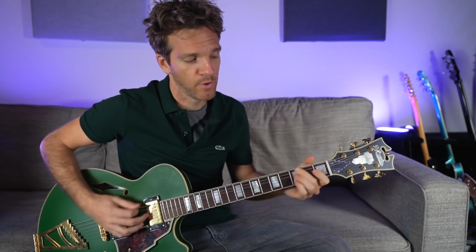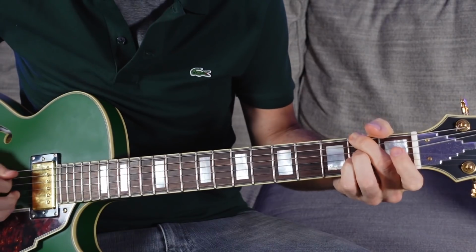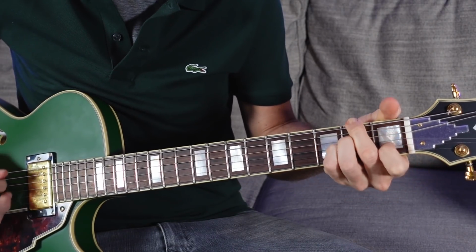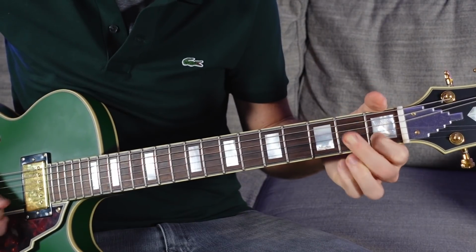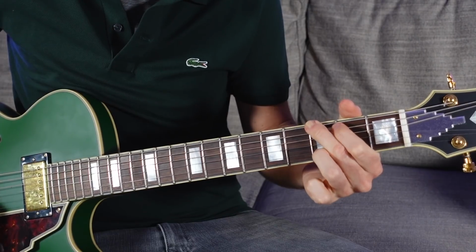Here's one if you don't know this one. Add this to your arsenal. Middle finger, 2nd fret on the low E string. Skip the A string, 2, 2, ring, pinky, D and G, and then pointer finger, 1 on the B string, and then back. Okay, so doing it this way is really going to help